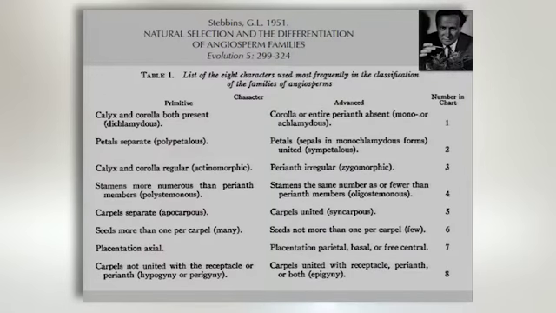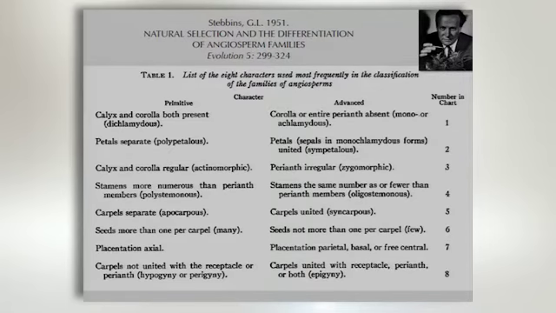And he looked across all families of angiosperms and classified them as being characterized by what he referred to as the primitive state of one of these 8 characters, or the advanced state of these 8 characters. And I should say that he chose these 8 because they are often used in classifying angiosperms. So he scored all the families 0 or 1 for these 8 characters.